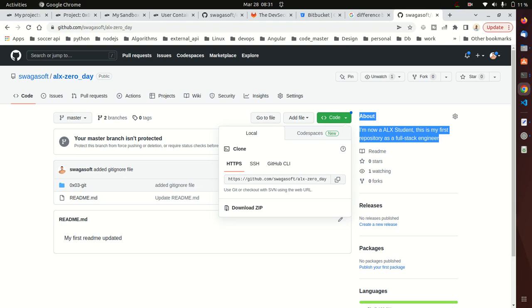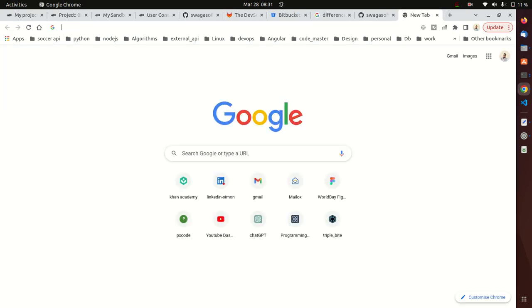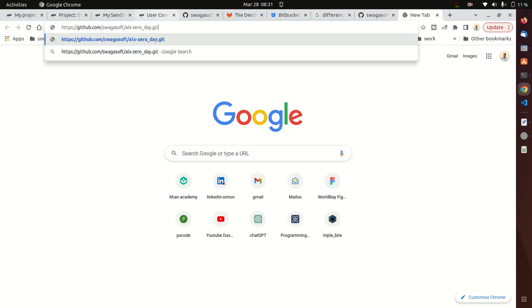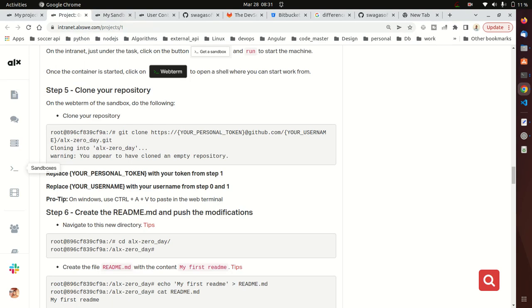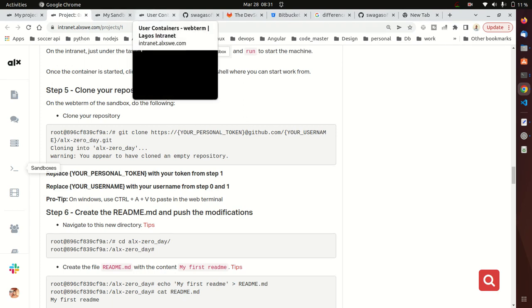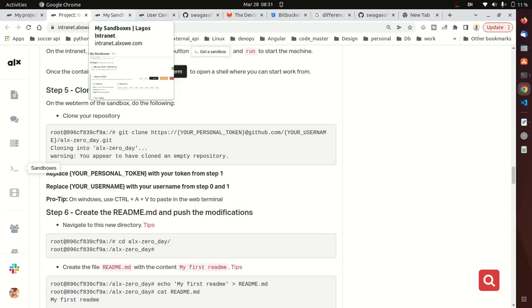If you click on this, you can see it says copied. First of all, let us paste it on the browser. Note my username, so for yours, it's going to be your username. Okay, so that is what they are telling us on the project. So it says git clone. So you're going to run this command. We've copied it already. So to clone your repository, here is my terminal, here is my sandbox. Yes, so you're going to do git clone,